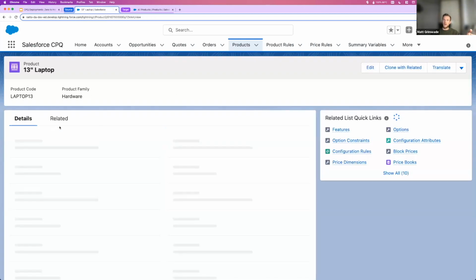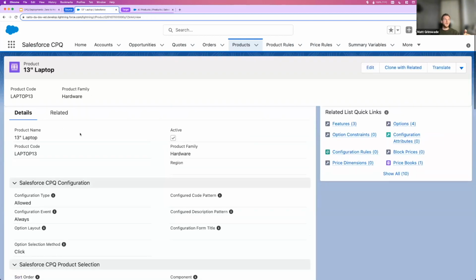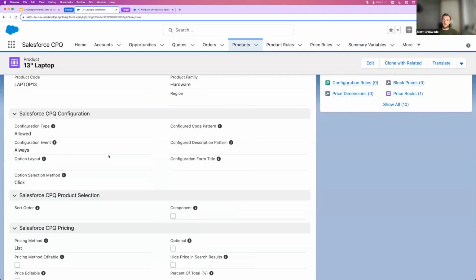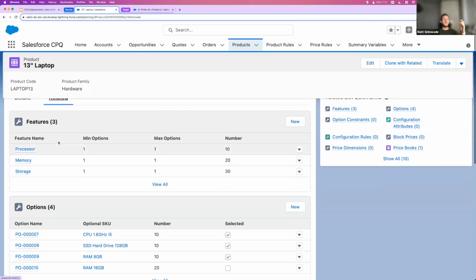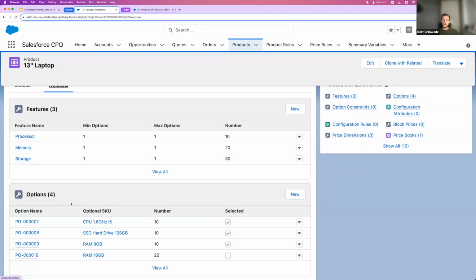If I click into one of my products, like the 13-inch laptop, we can see we've got all of our CPQ fields that I'm sure everyone on this call knows and loves. And if I click on related, we can see we've got some related product features and some related product options. So this is a bundle, essentially. Not only have I got some products, I've also got some options and some features and all of the